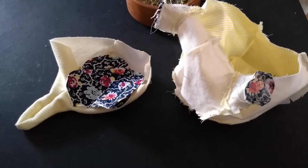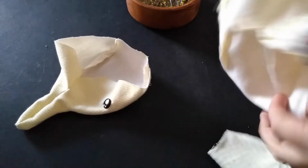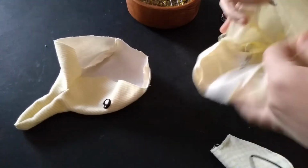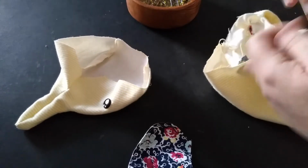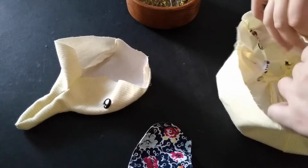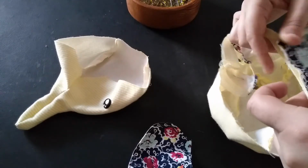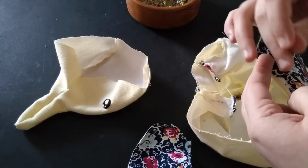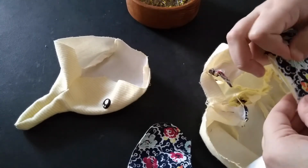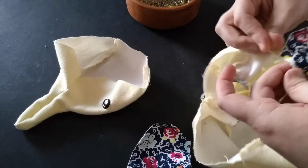I've been hoarding my pins because Jarvis is very hungry to eat them. Okay. So actually, I'm going to flip this inside out again just to place the ears. So this ear needs to go on that side, this ear needs to go on this side. I like having the outside of the ears kind of out where I can see them. And they go not quite up to where the top of your back seam is. And then just pin those in place for a moment. And then fold in half and...